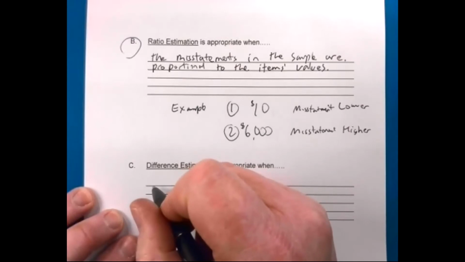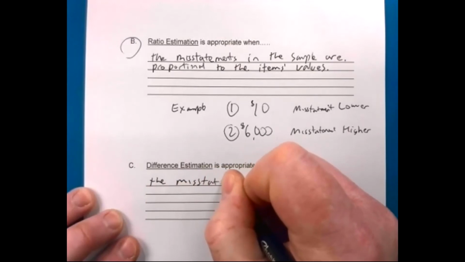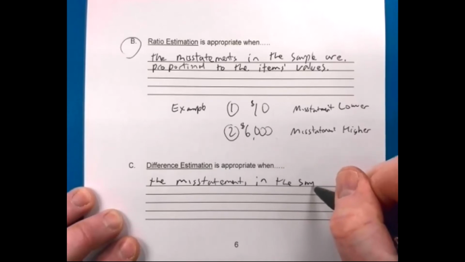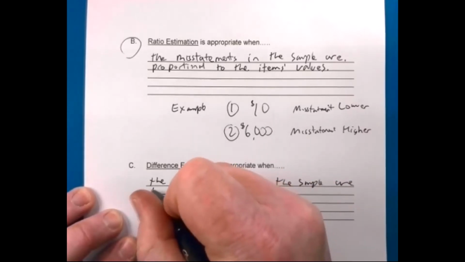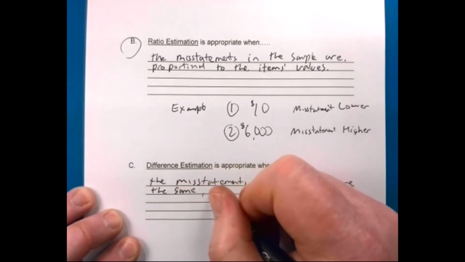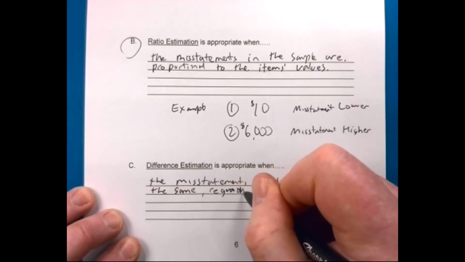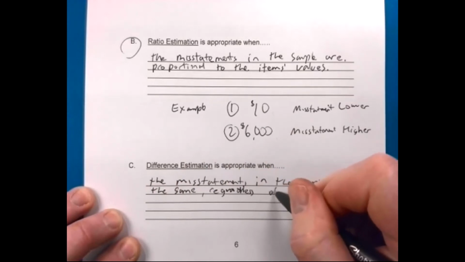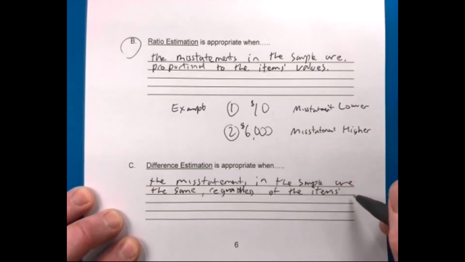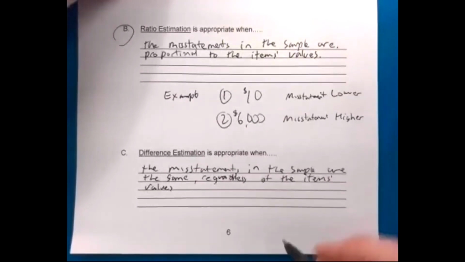Difference estimation is appropriate when the misstatements in the sample are the same regardless of item values. So, for example,